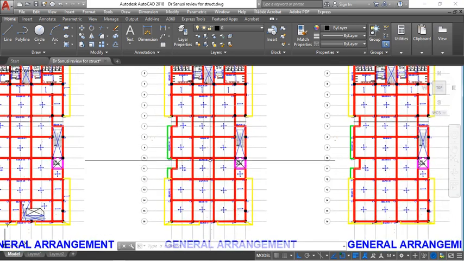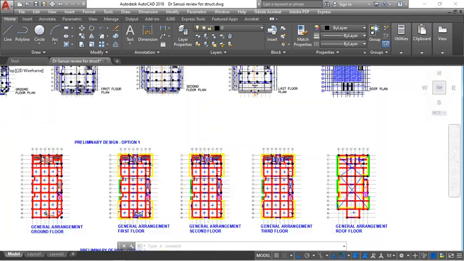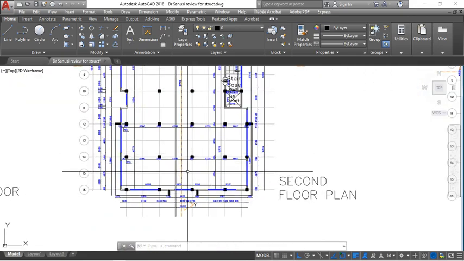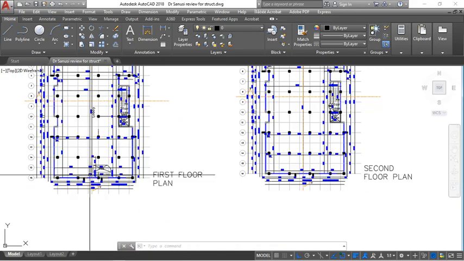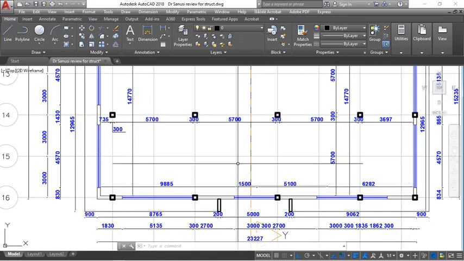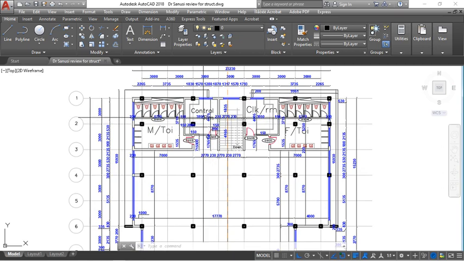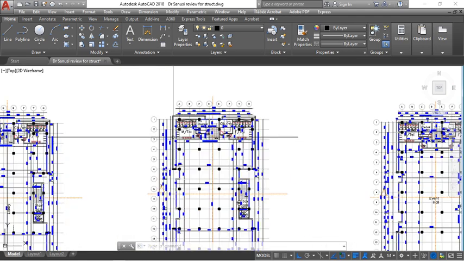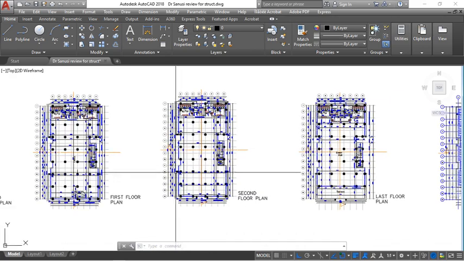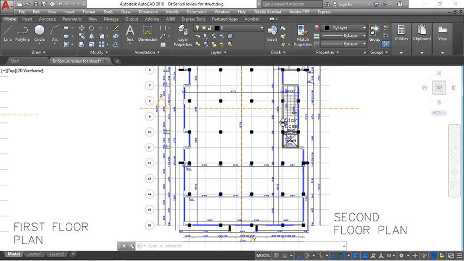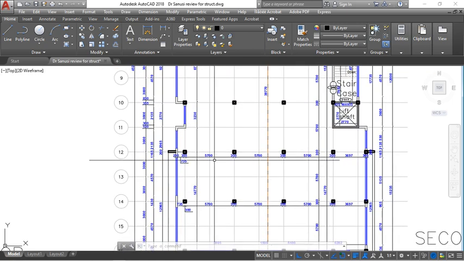So this is the second floor general arrangement as well, which is this. So you can see that the staircase from that floor does not extend up to this floor, so the staircase is not considered. So everything is slabbed. And same thing, there's a staircase here, same for the cantilever. Now what I want you to note carefully is that you can see this line is showing on the second floor, but